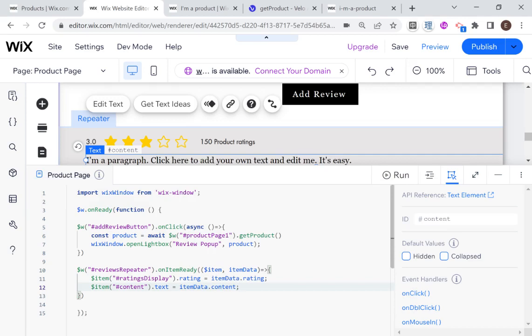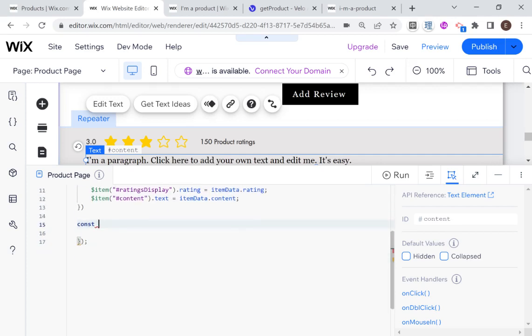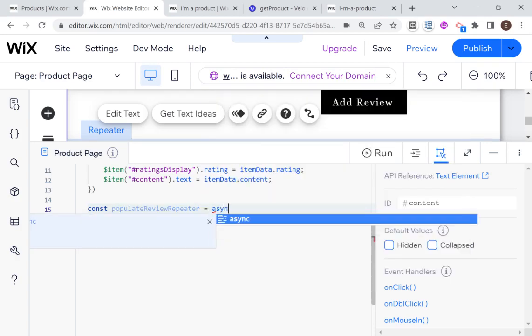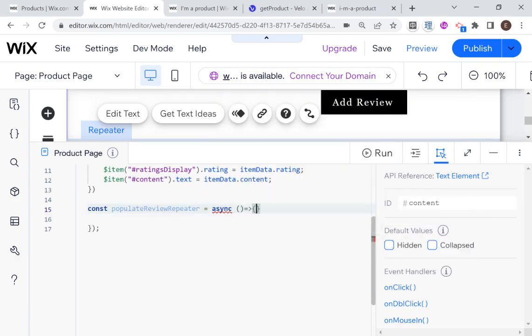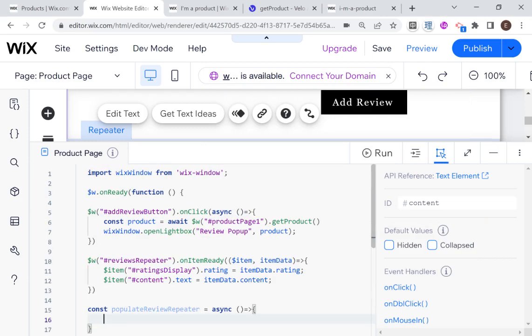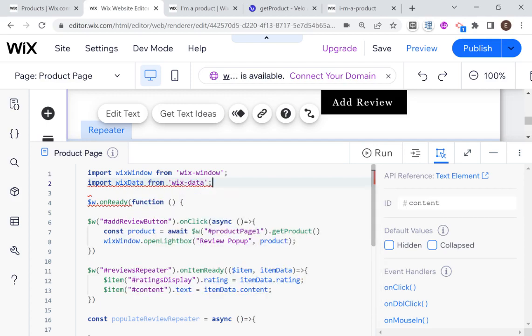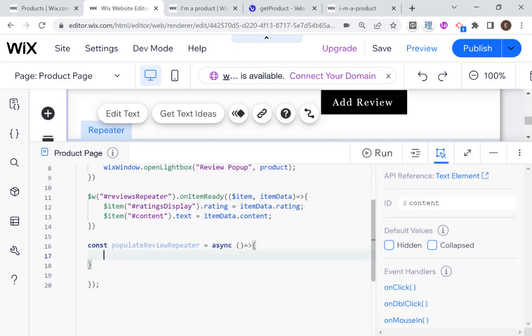Okay, and now we actually need to get the data and populate the repeater. So I'm going to create a function that we're going to call populate review repeater. Zoom in just a little bit here. And this is going to be an async function. And this is going to need to use Wix data. So let me just make sure I have Wix data in here. Import Wix data. And basically, we're going to query the reviews